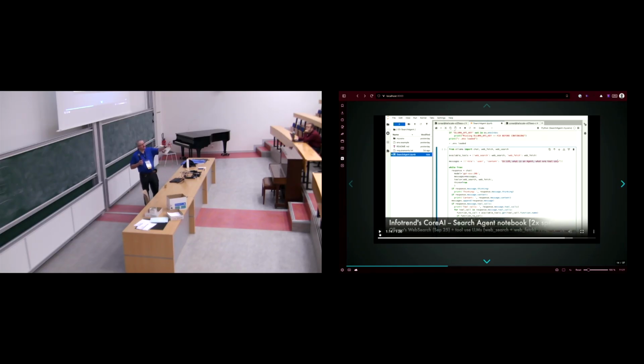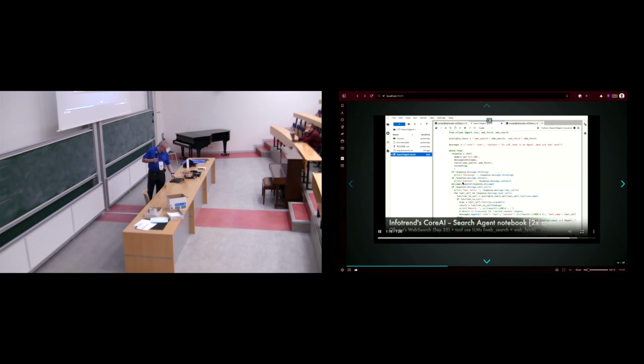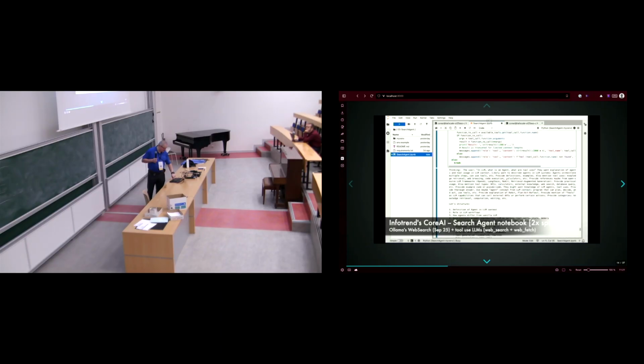It performs the tool calling, which is a feature of LLMs, where they do web search, then web fetch, to provide us the context. And with that, we have the same result,